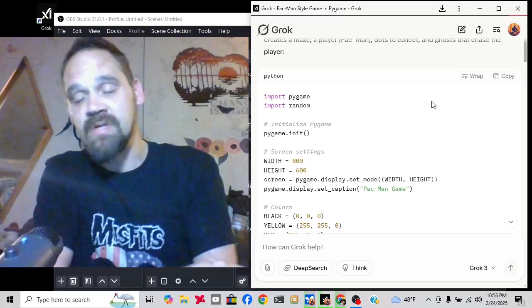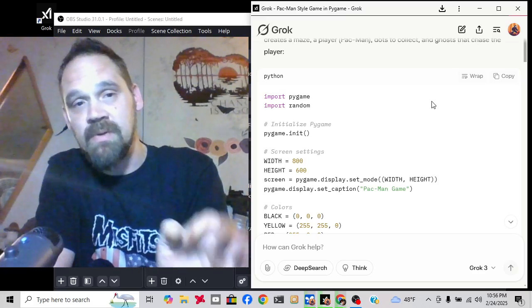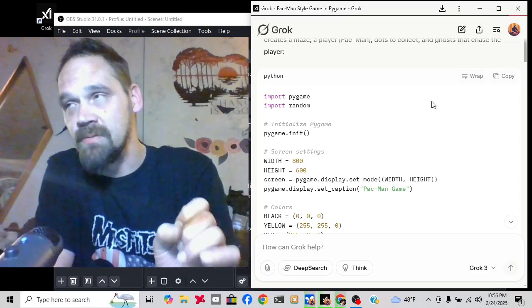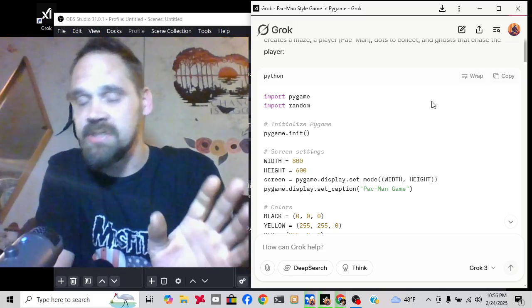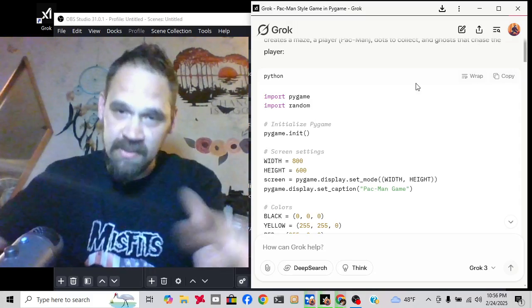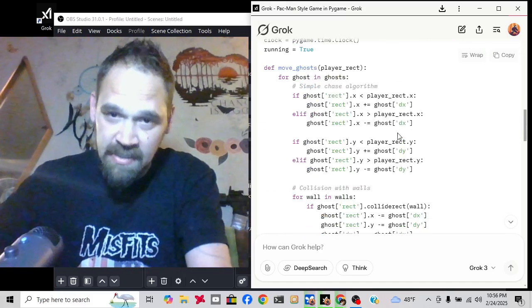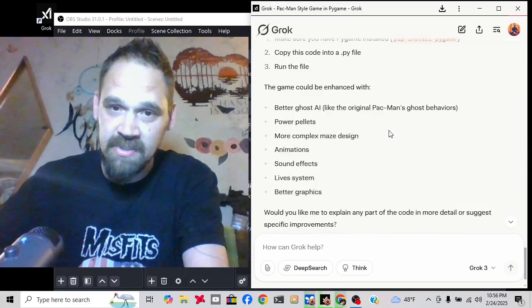For some reason on this computer, I'm having a bug issue with my Python version. 3.13 and 2 are clashing, and I've got to get that sorted out. So I'm not going to run a game, this is just a basic concept. That's something you're just going to have to work with.